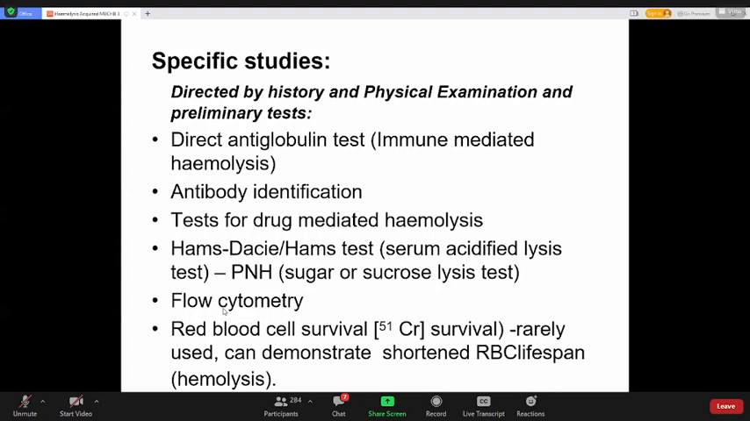You can do drug tests for drug-related or mediated hemolysis. For PNH, we do what's called the Ham test, but remember I told you PNH is quite rare, but we have what's called the Ham test that we do in paroxysmal nocturnal hemoglobinuria, all right? The other name for the Ham test is the serum acidified lysis test. You can do flow cytometry also in PNH, and in patients where there's hemolysis, there are even